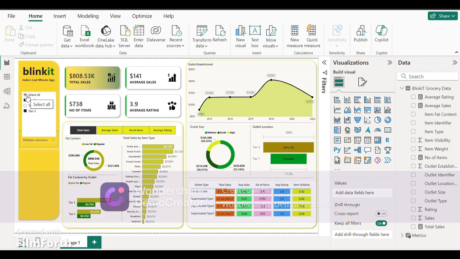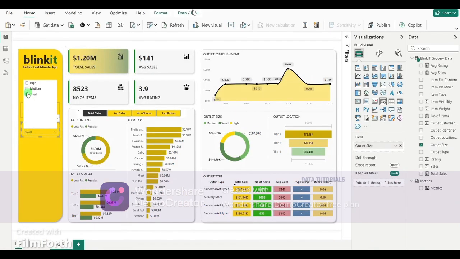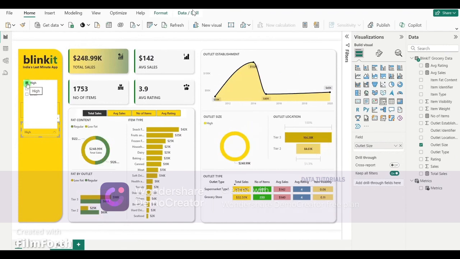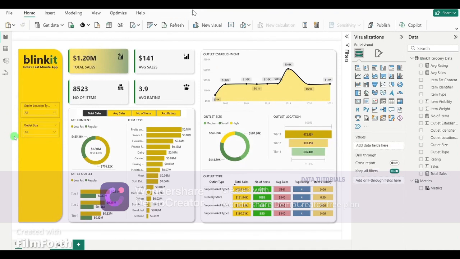So to select one or more filters, you have to press Ctrl and select two, and if you want to select all, just select the select all option, and this way it will revert to the original charts and figures. So once this is done, let's move on and create the remaining two filters, the outlet size and item type. I'll just copy and paste,